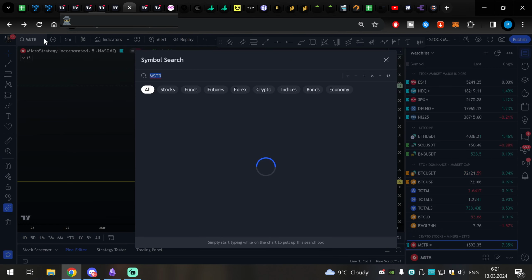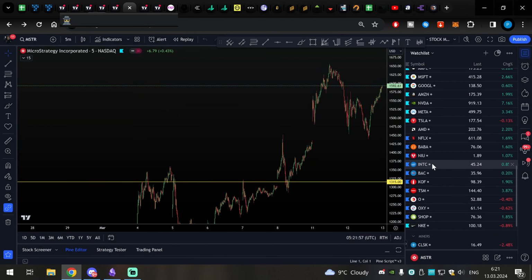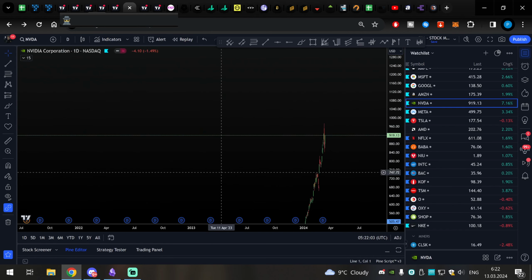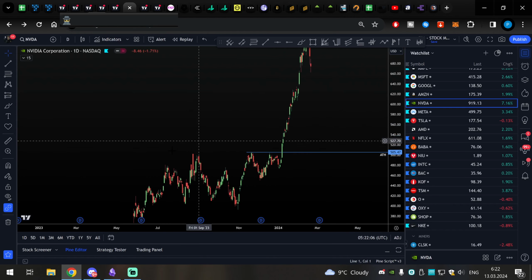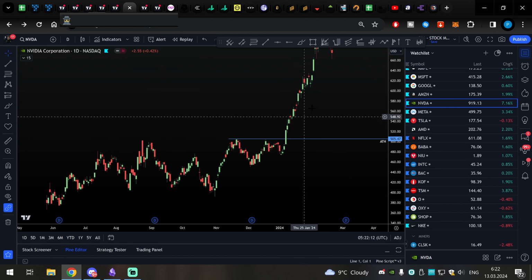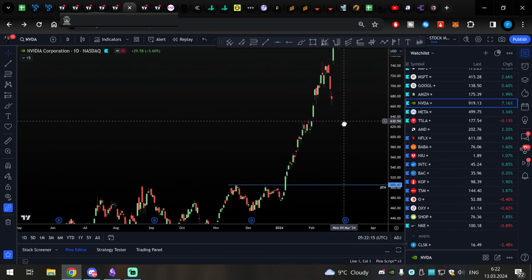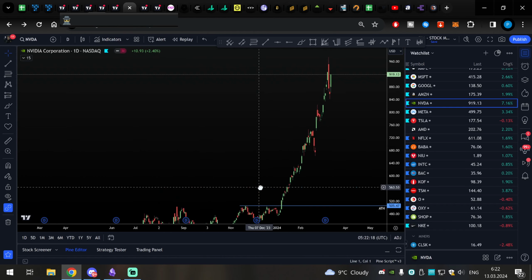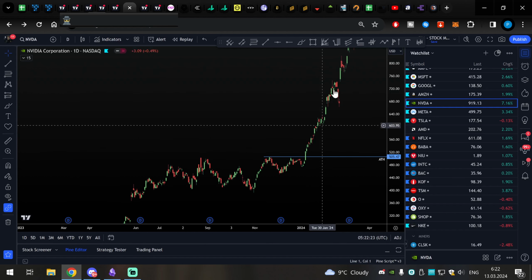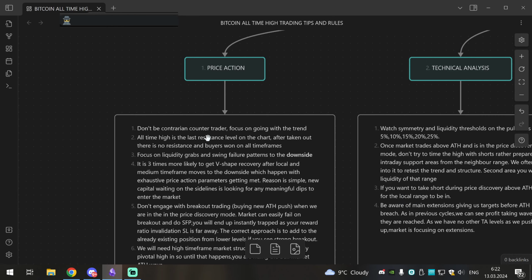We can also have a look at other assets. So we can go over here. We can have a look at Nvidia, for example, which is a great outperformer recently. So we go to the daily time frame, right? Look at here. We were in this range for a long time in 2023. Once the all-time high was taken out, do you want to go short in such a massive uptrend? All-time high, your odds of going long are just much higher, with the trend continuation, than shorting this. And yeah, so these are many examples. So don't short all-time highs unless very specific rules get triggered, and we will go over them later.